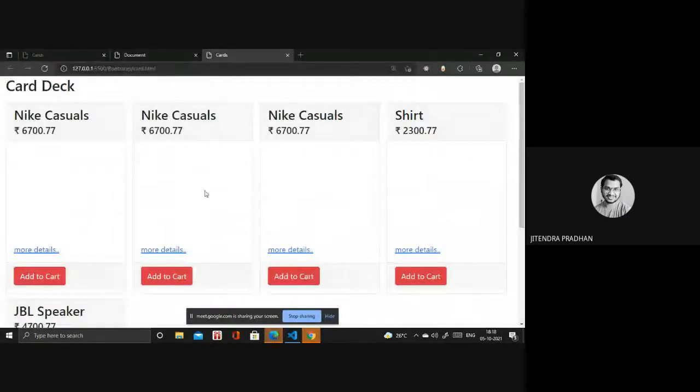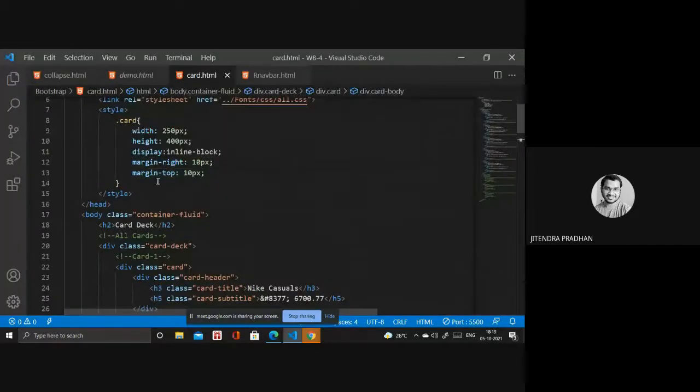So this is what we designed previously. It is taking block display, meaning one row each, but I will fix that using some CSS. What CSS? Width, height, display, margin right, margin top.